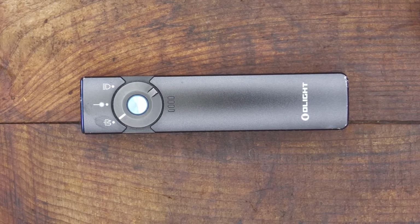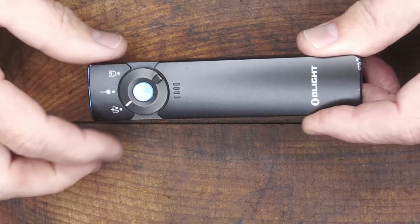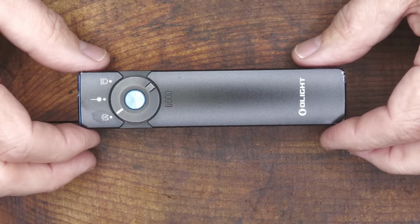Now, light is your number one security tool, and having a good light just gives you a lot of security. No kidding. A lot of security. And so, you know, we're going to take a look at the items that got the